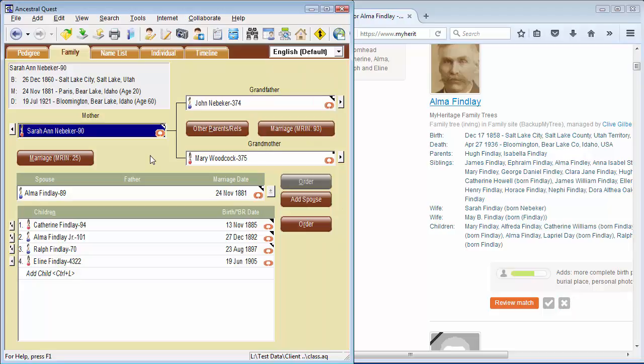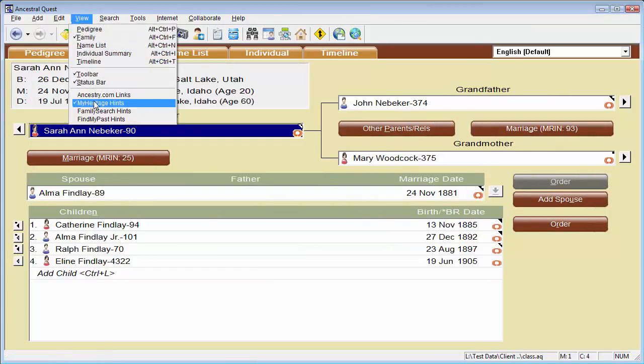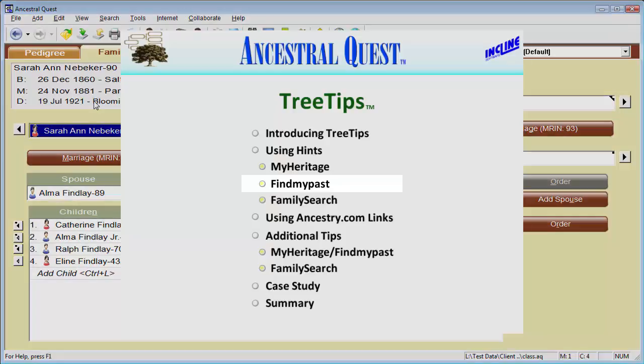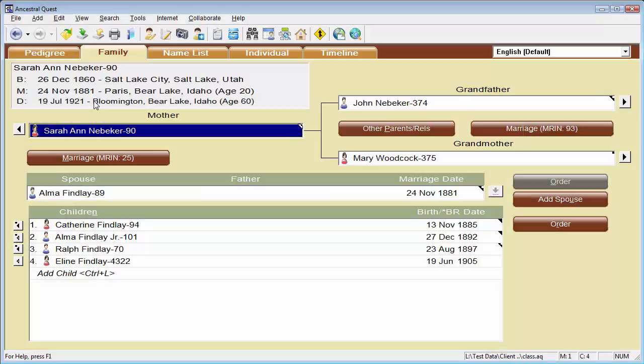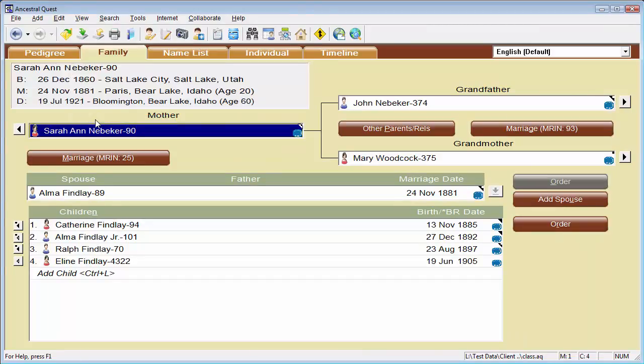With a little practice, you'll become proficient at using the MyHeritage hints. Let me turn off the MyHeritage hints now, and let's take a look at the Find My Past hints. Find My Past is a service based in England with nearly 3 billion searchable records. Again, we want to go to the View menu, then check the Find My Past hints. I could keep all of the hints active, but for this tutorial I just want to focus on one hint